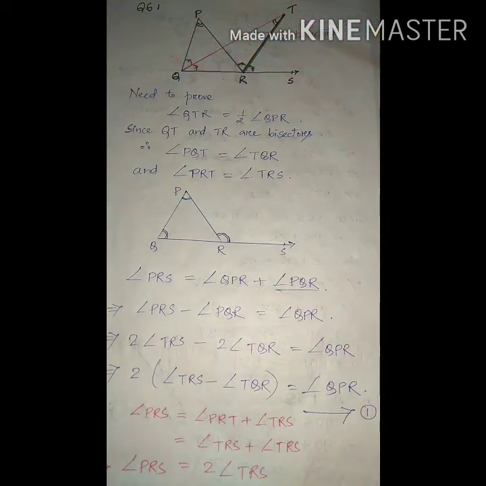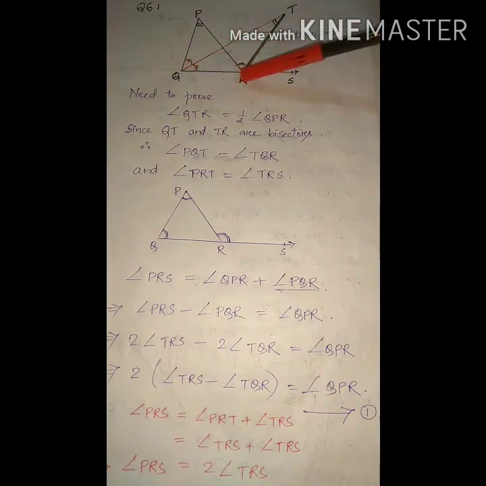So that means this one is a bisector. That's why. Now here similarly, if you consider another angle PRS, here again another bisector is given, RT. So that means these two angles are equal. These two bisectors, when we draw them, meet at one place, which is mentioned as T here. So that's why these two are written as bisectors. Now if QT and RT are bisectors, from here you can easily say